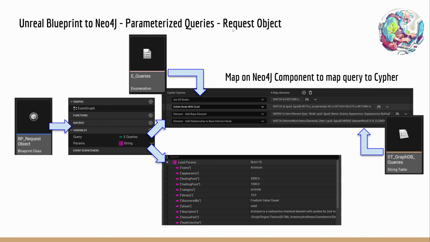I abstracted it in Unreal with this request object that is just a query enum plus these key value pairs, a string map that you can use here. So all the parameters would be strings in this string map, and then the query is one of the queries predefined in this enumeration. The enumeration holds queries that are kind of user readable, to simplify it a bit,